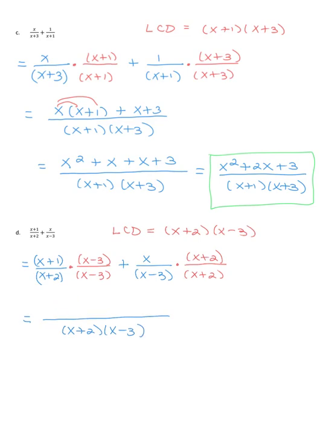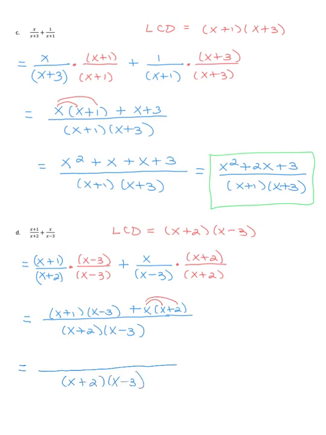For the piece that goes here, it's going to be the product of those two, so I'm just going to write that down as x plus 1 times x minus 3, then plus the product of these two things, which is x times x plus 2. All right, I'll have to FOIL this. Over here I can simply distribute in the 2, so I'll just mark that like this. So I have to be careful with the first two factors. I have my common denominator,